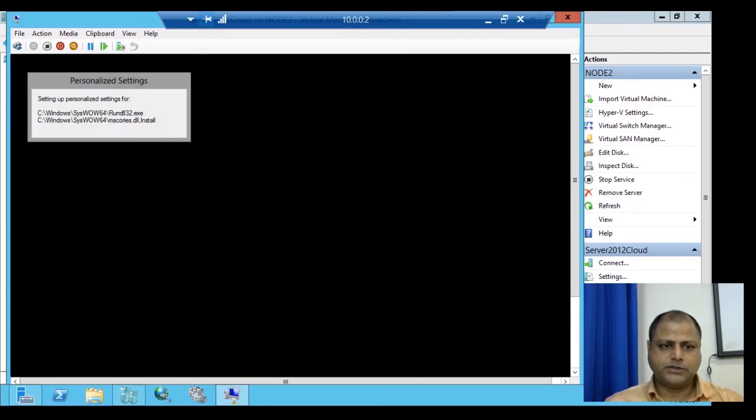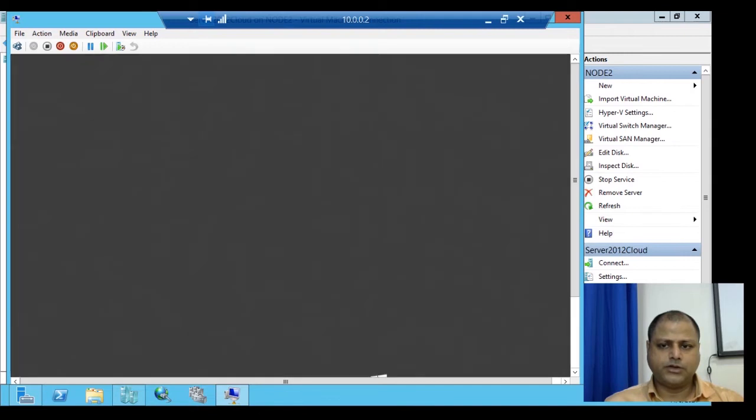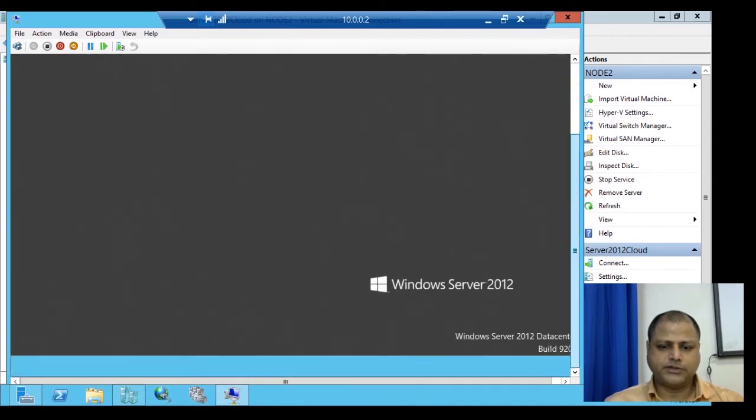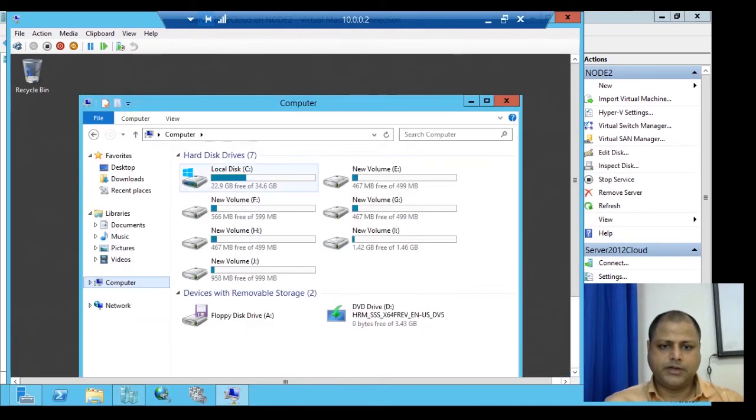The profile has been set for the user A3. Now we'll see the availability of the space. By default a user will get the available space. Now we'll go to the system drive, and we can see that the space is available in the C drive.